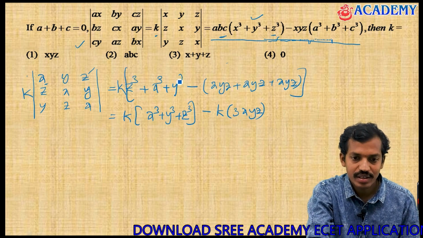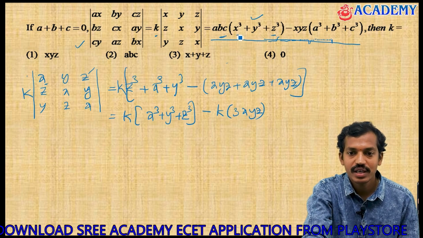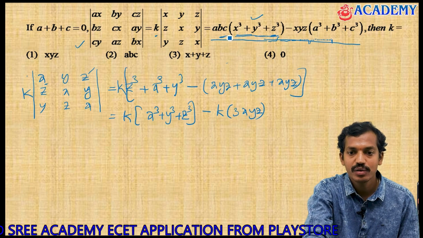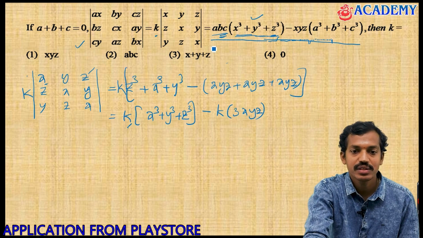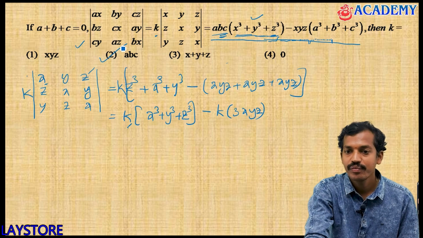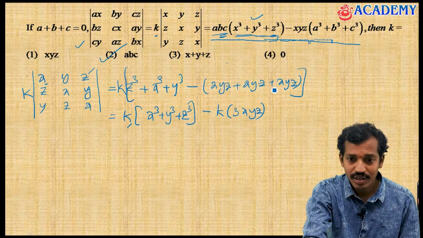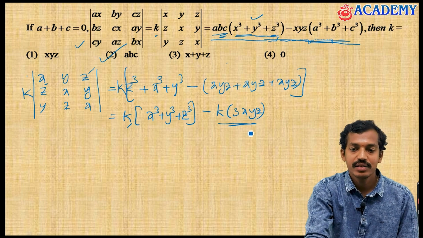See here, simply if you compare with that given, you are going to get an answer. You see x cube plus y cube plus z cube into k is there, so k is going to be, the answer is going to be what? In place of k, what we have is abc. But whatever you are getting as the answer, here we didn't have it, but he gave one condition.